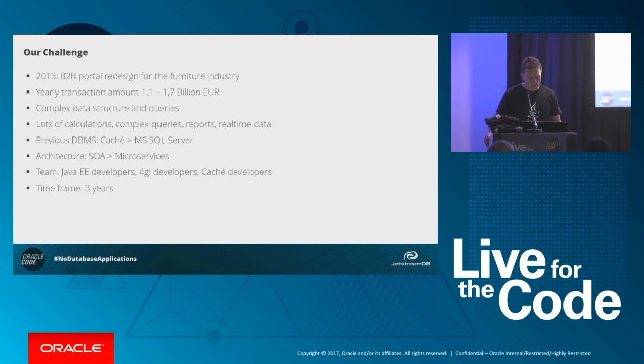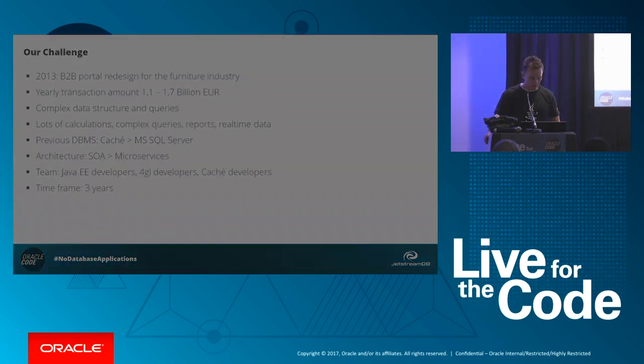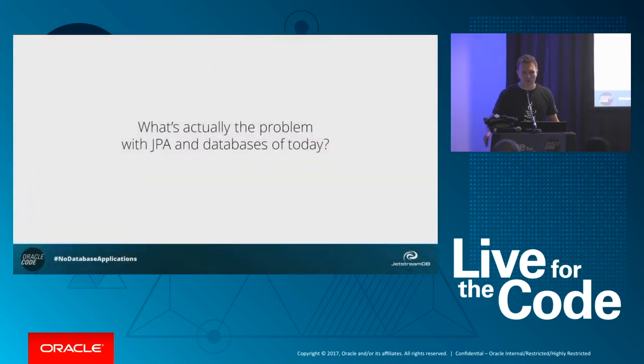We also had other challenges. They wanted to have a SOA architecture, which later we called microservices. And we had a team with some Java enterprise developers, maybe 5 to 6 4GL developers with not much Java experience, and some Cache developers. And the time frame was 3 years. And the end result was a real disaster, because we had a lot of troubles, and the reason was databases